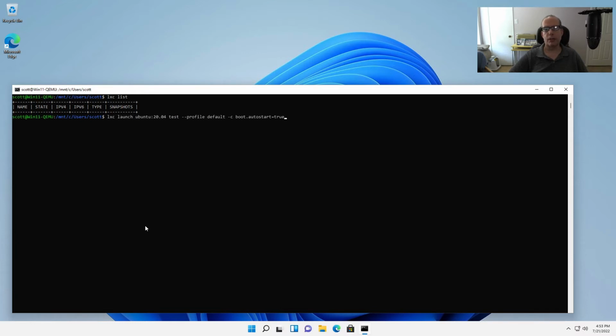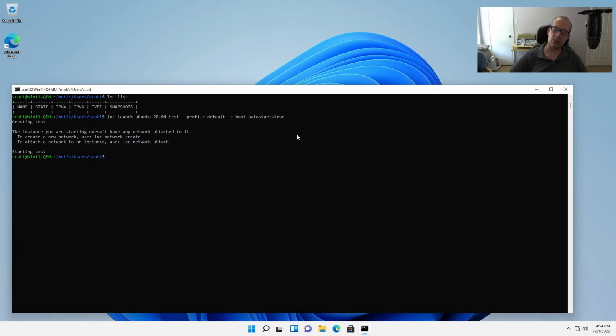So we're going to use this command to create the container. And again, remember that in Linux, capitalization counts. So I have an lxc launch ubuntu:20.04 test, which will be the name of the container, --profile equals default, and the default profile gives it the root file system. And I have a flag called boot.autostart equals true. What that does is when WSL starts up, when Windows boots, it will go ahead and start this container likewise. So I hit enter, it says it's creating the test, and it goes ahead and creates it,